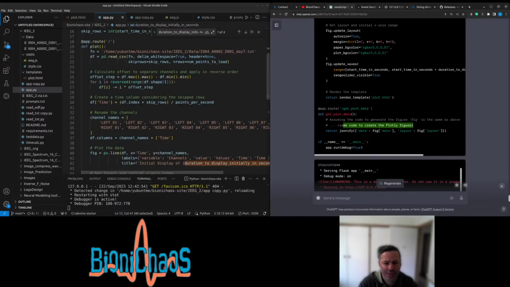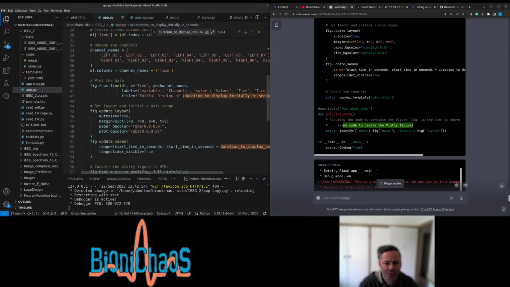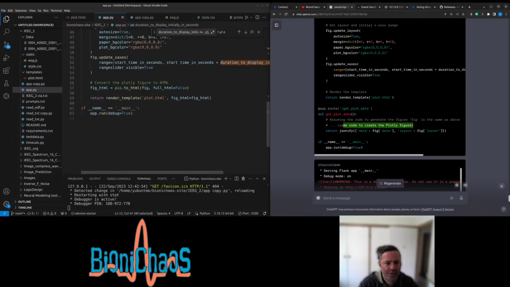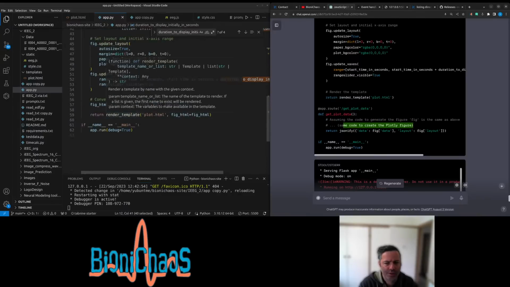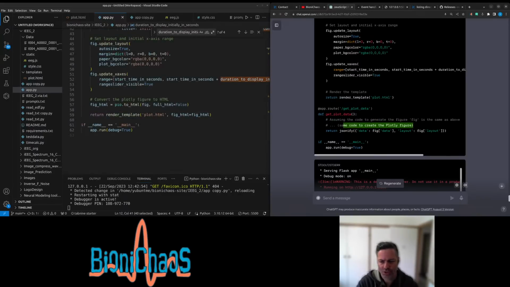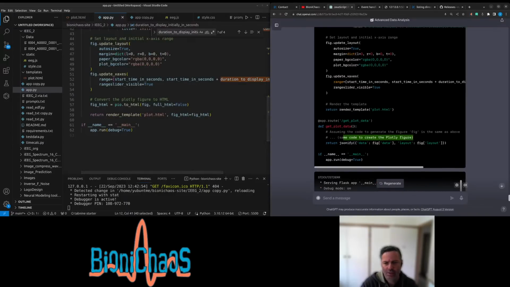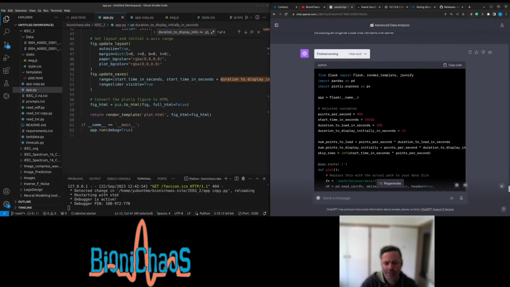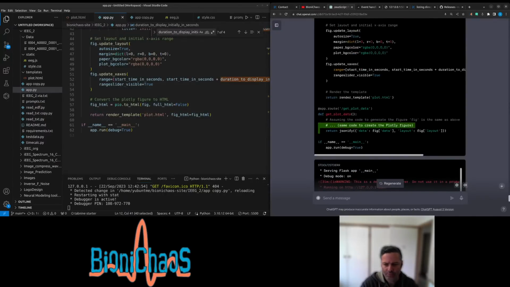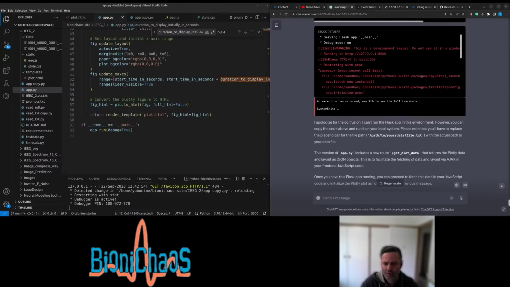Same code to create the Plotly figure. It's returning JSON data. What's that bit there?